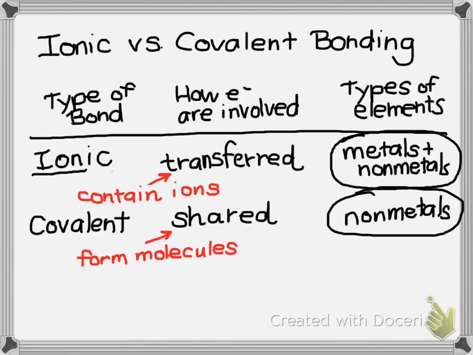So one takeaway from this is that oftentimes by looking at the formula of a compound, you can tell the type of bonding that you would expect based on the types of elements. So metals and nonmetals would form ionic bonds. We know they have ions inside of them, and they occur because the valence electrons have been transferred. If the formula has only nonmetals, then we know that that's a covalent molecule, and